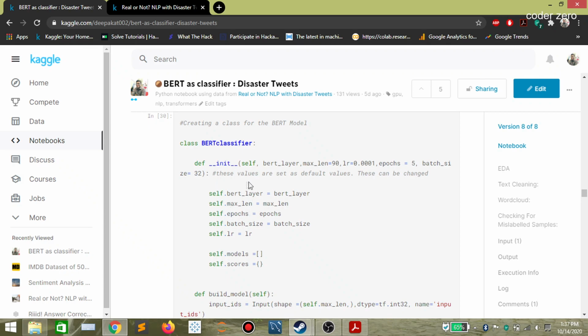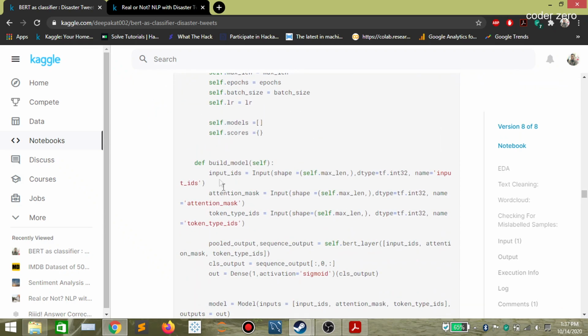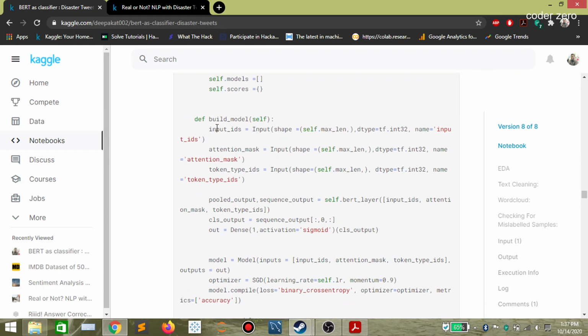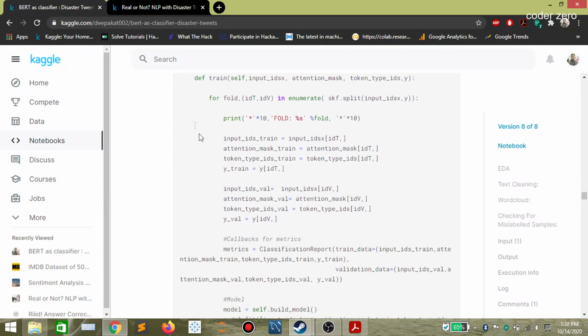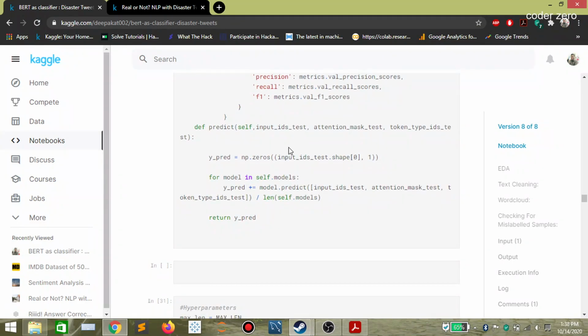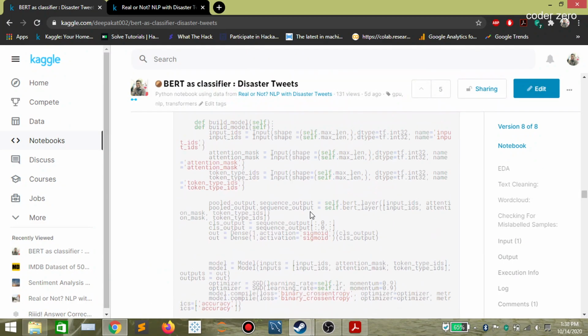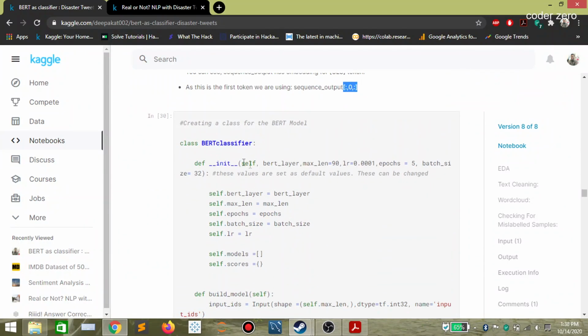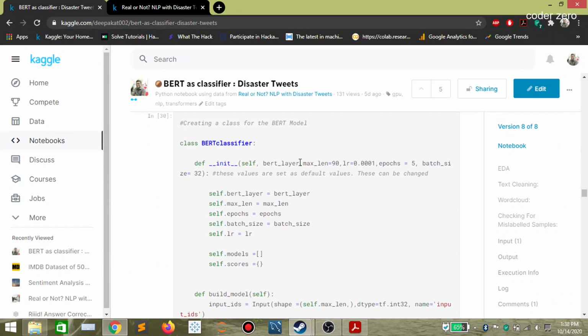Here we are creating a BERT classifier class, and inside this class we have three functions. One is to build the model, another is to train the model, and the last one is to predict on a dataset. We are inputting the BERT layer, then maximum length equal to 90. This is a default value; you can change this value when creating this class.